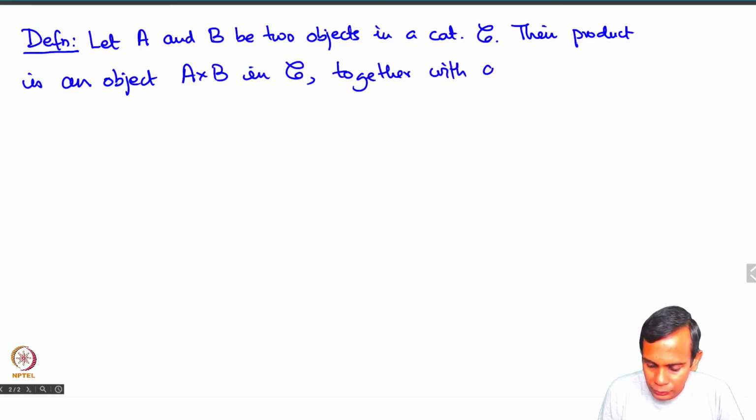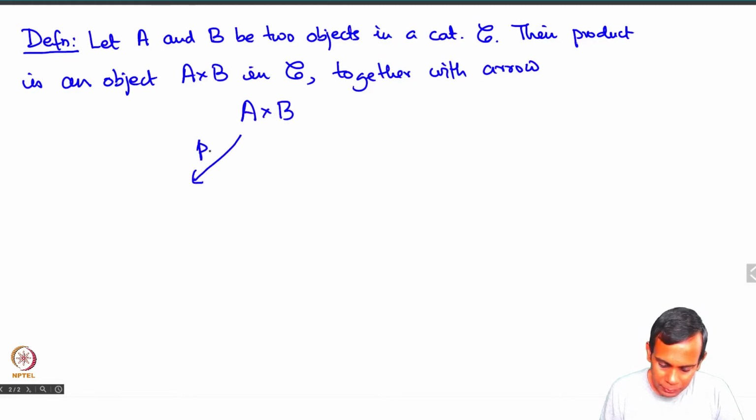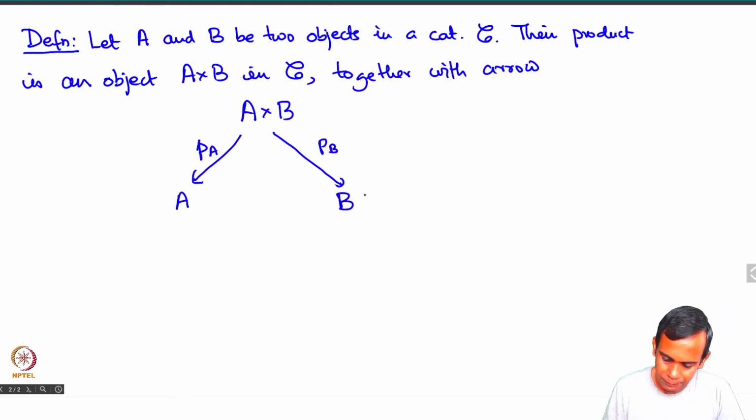I'll use diagrammatic notation. So I'll just say A cross B, we have an arrow P subscript A and P subscript B. This goes to A and this goes to B. Okay, such that